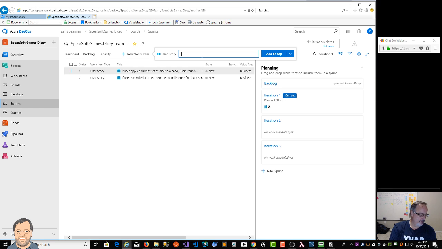If user unapplies current set of dice to a hand, then user's round is not over